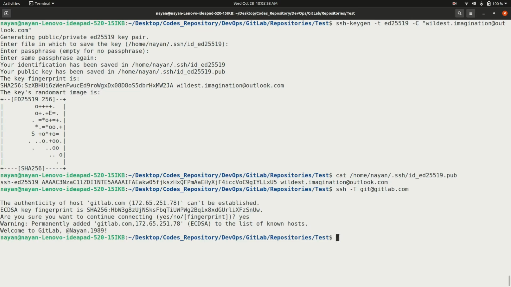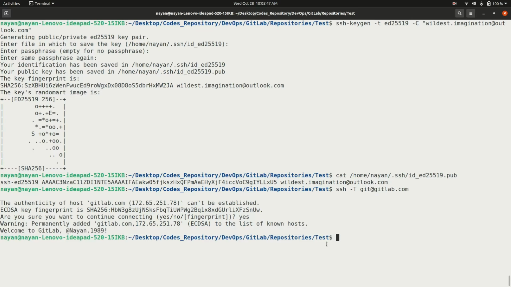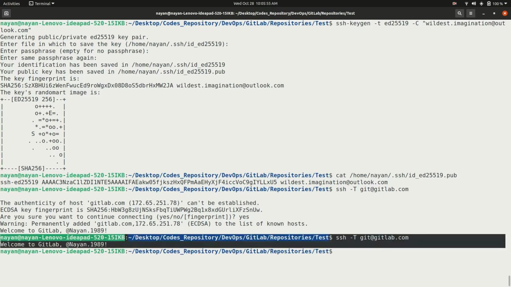Okay, so you can see that everything has been set up successfully and it's showing welcome to GitLab, and that is the username. So if I run the same command again, I must have the message only that welcome to GitLab. So you can see that yes, everything has been set up correctly.